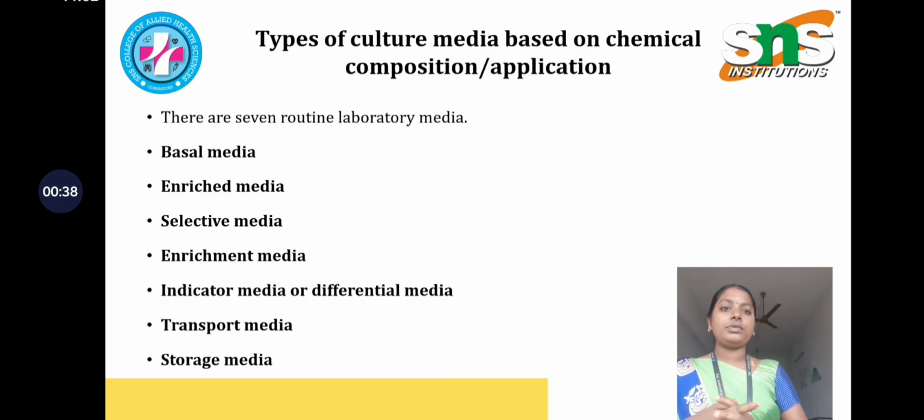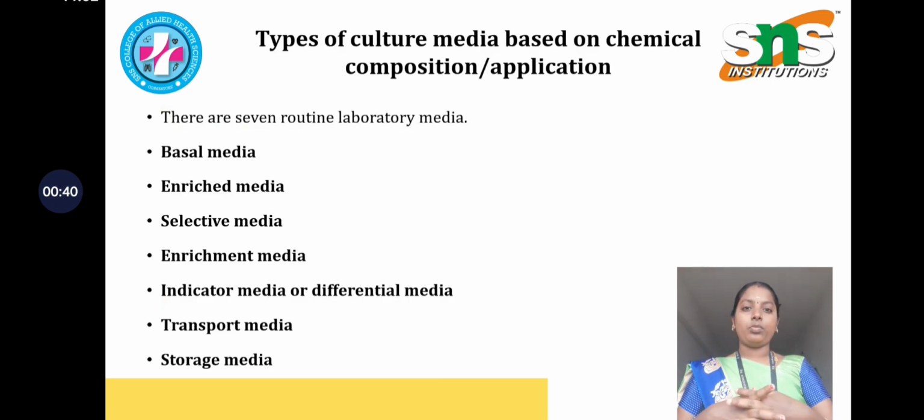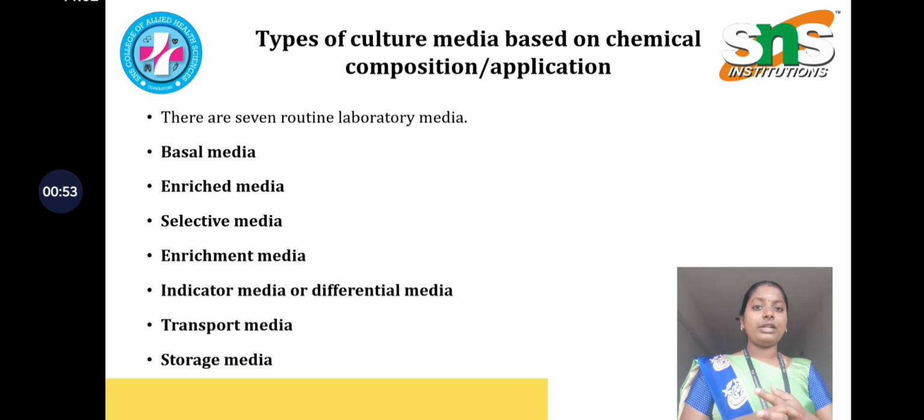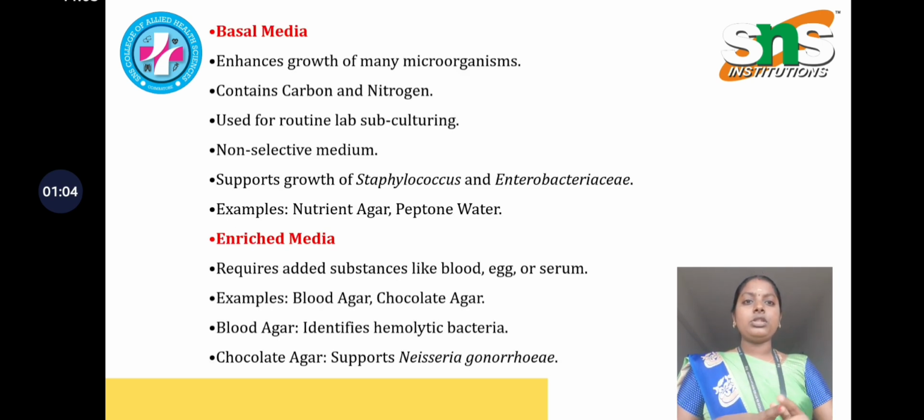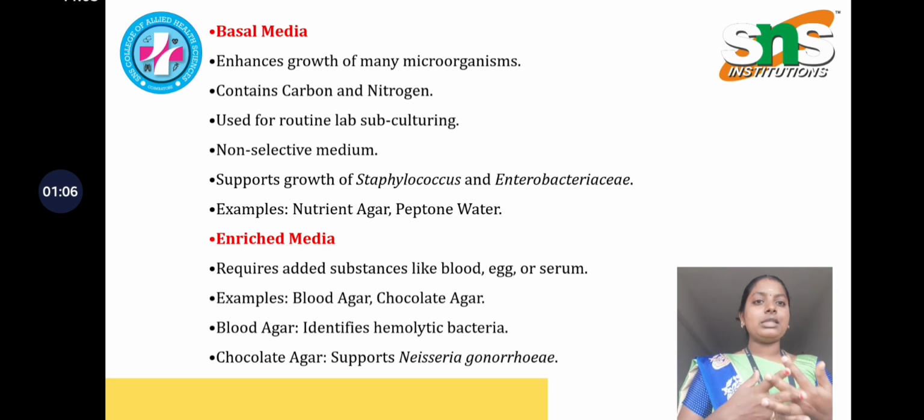So coming to the types of culture based on chemical composition. Apart from the agar, we want to add some enriched products for the efficacy of the culture medium for the growth of microorganisms. And there are several types like basal media, enriched media, selective media, enrichment media, indicator media or differential media, transport media and storage media. So coming to the basal media, it enhances the growth of many microorganisms and mainly it